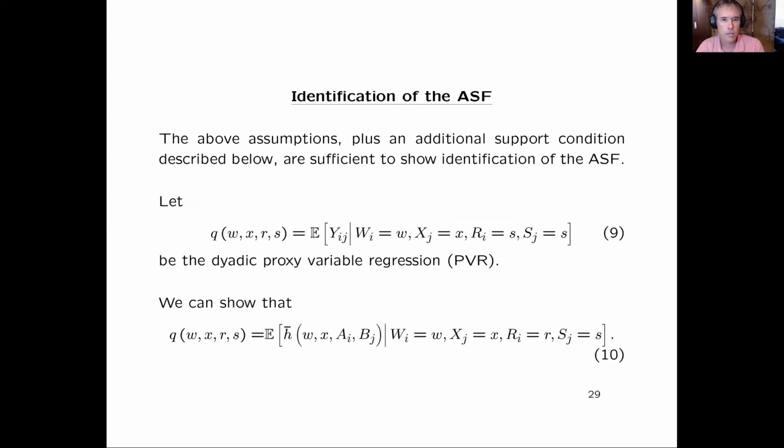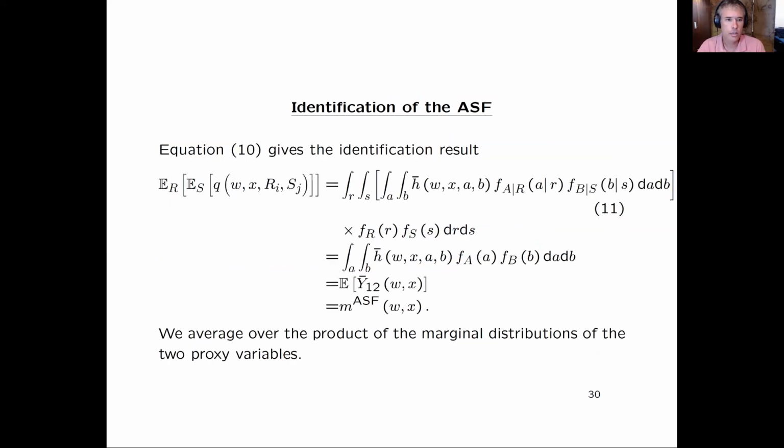Okay, so I'm not going to be able to go through the argument, but I'll give you a flavor of it. Under these assumptions, you can run the regression of the outcome on the treatment variables and the 2 proxy variables. That's a proxy variable type regression, and you can show that if you take that regression function,